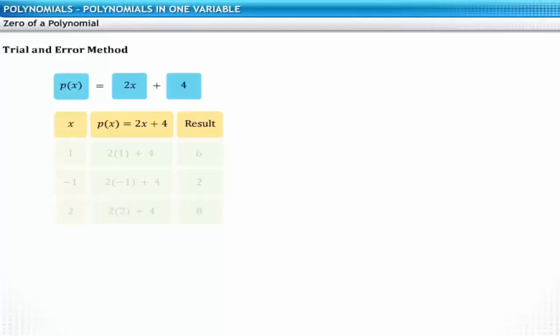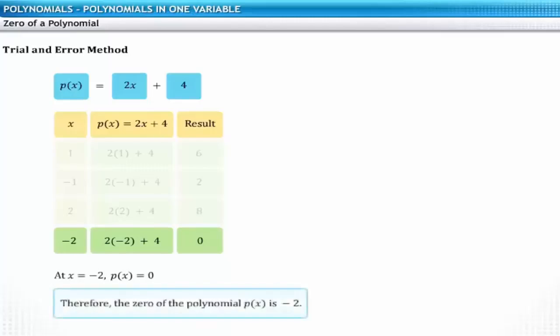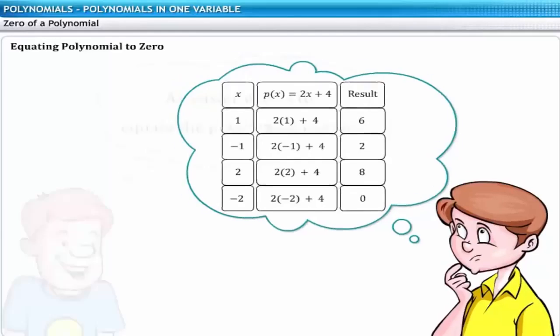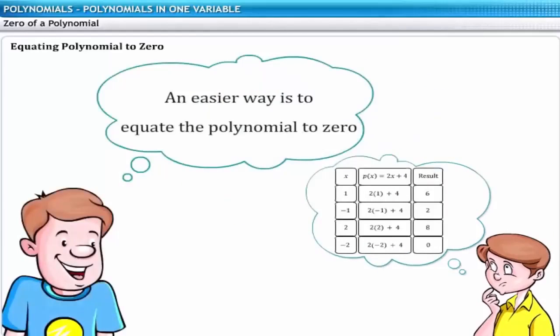In the fourth try, you use -2 as the value of x. You will find that the value of the polynomial is 0. Thus, using the trial and error method, you can determine that the zero of the given polynomial is -2. As you can see, the trial and error method can often be long and tedious. An easier way to determine the zero of a polynomial is by using the other method, that is, equating the polynomial